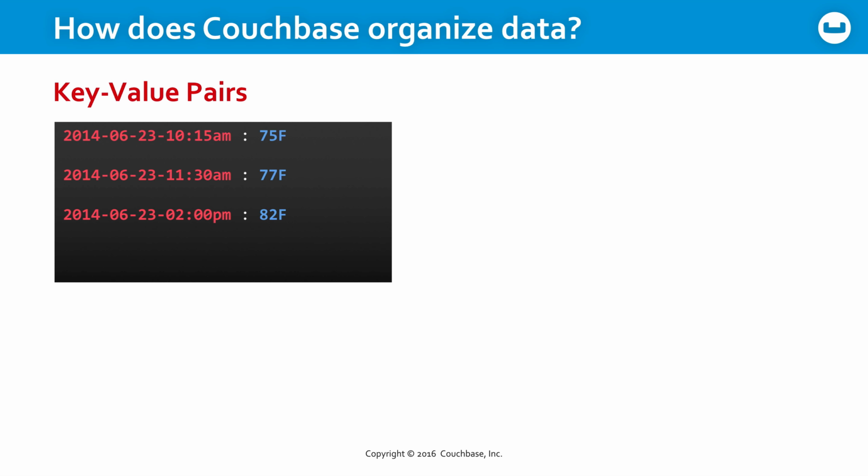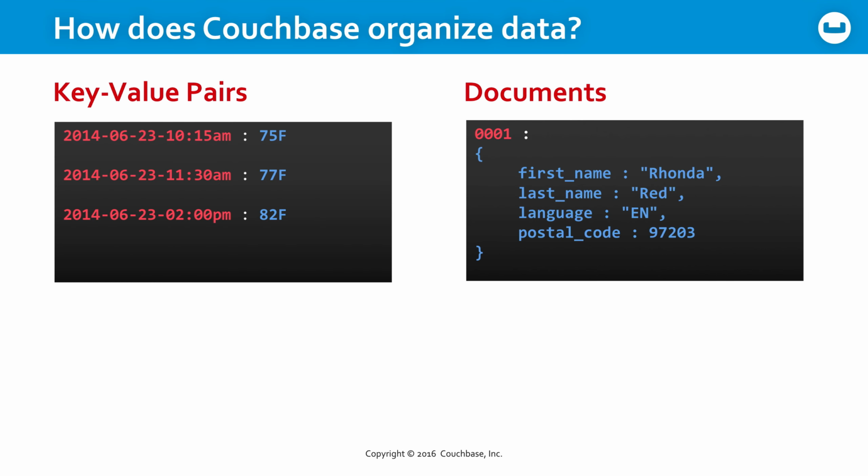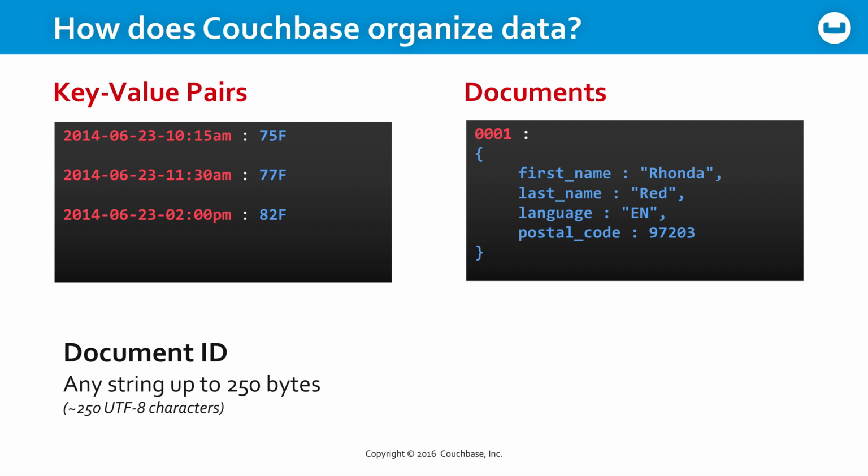So as we say, Couchbase is a key value store. The key could be something as simple as a timestamp if you're tracking time series data, and the value, some simple value like a temperature measurement. More commonly, though, you may be storing a JSON document, as we've said. Now, when you're doing this, we refer to the key associated with each individual document in the bucket as a